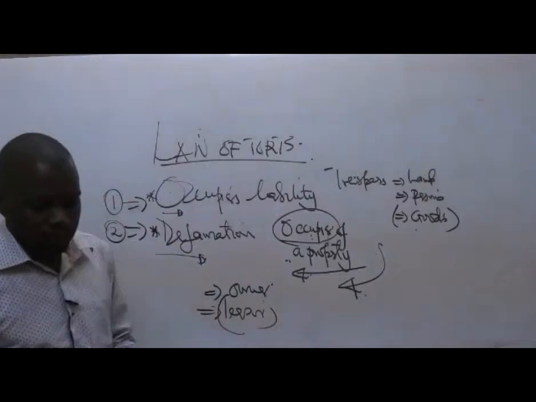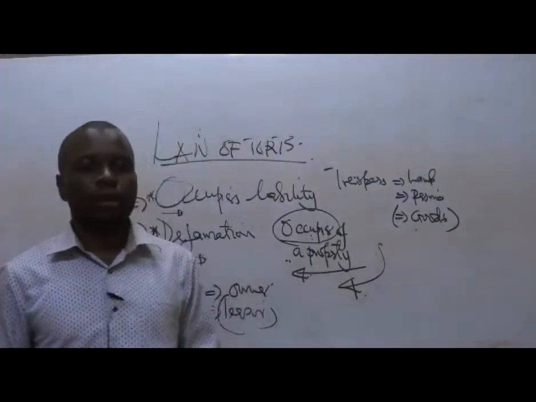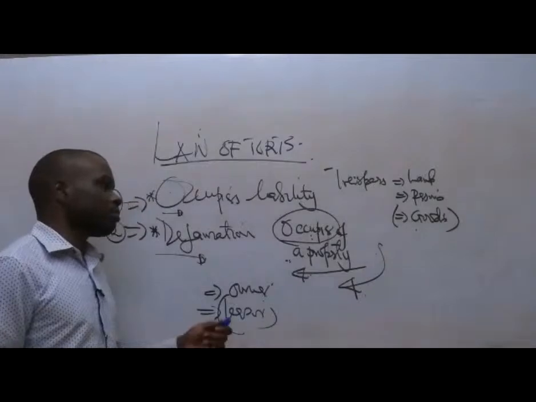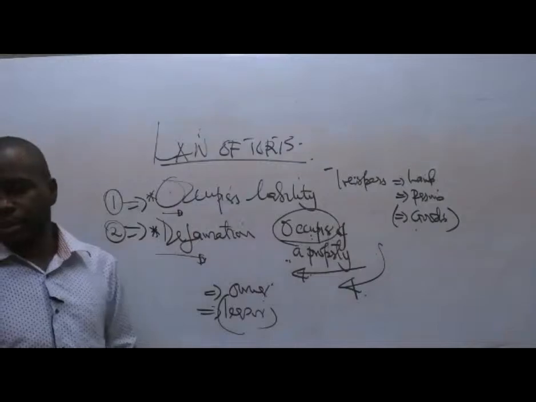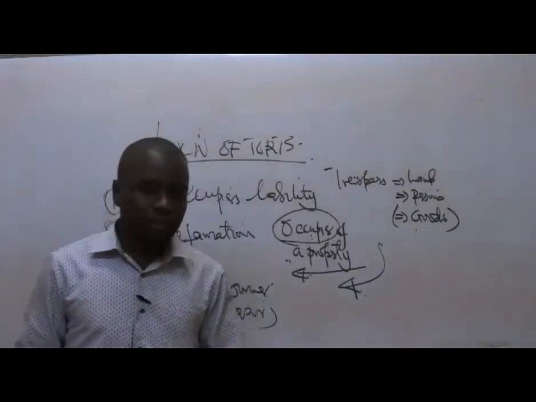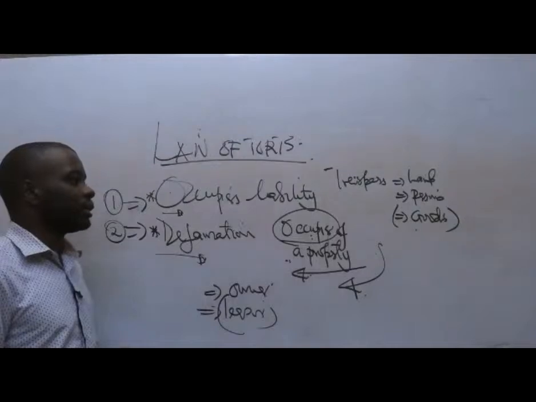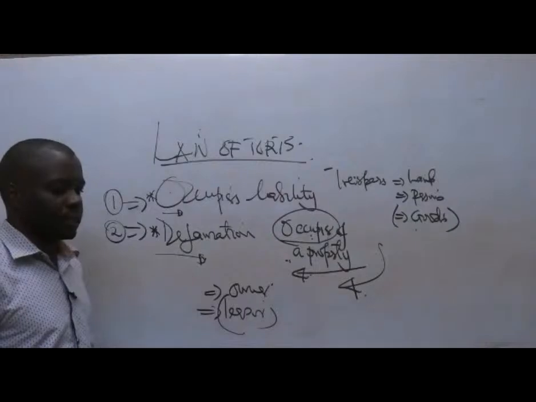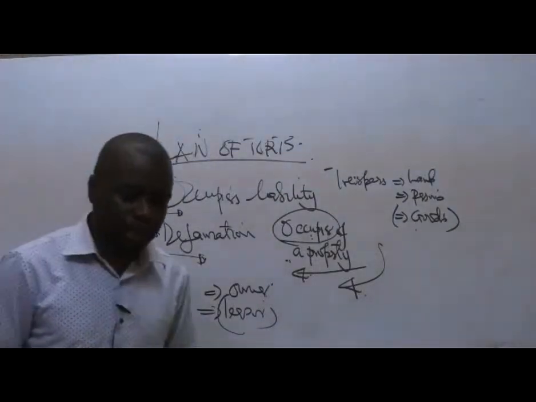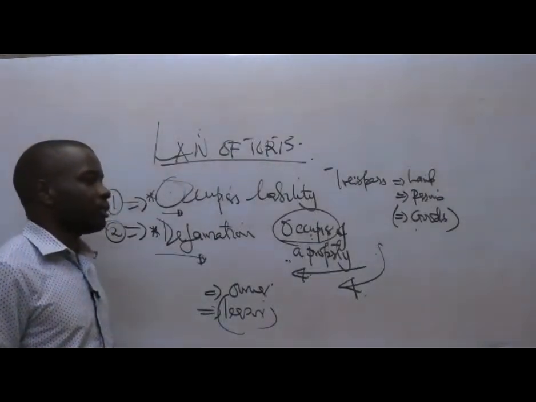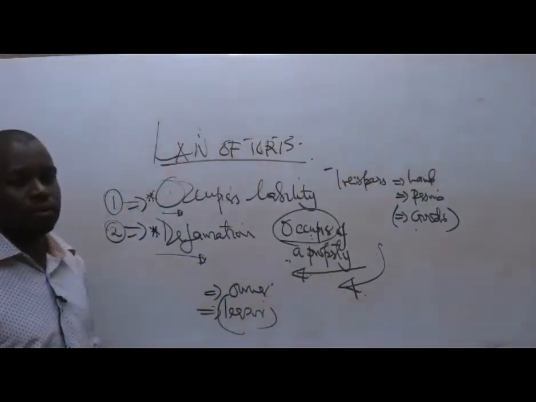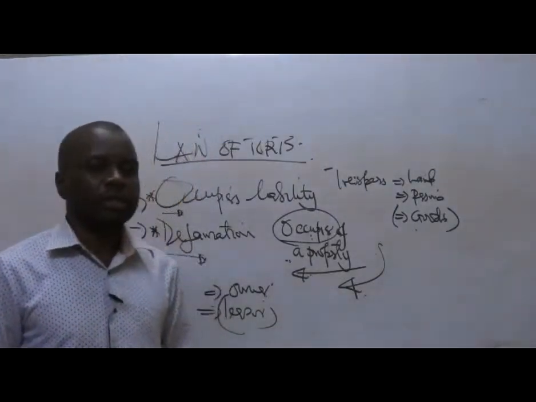We are talking about, for example, the customers who are likely to come to the supermarket. What is the responsibility of the occupier of the property with regard to those who are visiting the premises? That is what we mean by occupier. He can be held responsible for ensuring the safety of those who are visiting the premises. If you go to a supermarket, you will see signs indicating: walk carefully, the floor is slippery. If you are using stairs, they tell you to be careful so that you cannot slip as a customer.